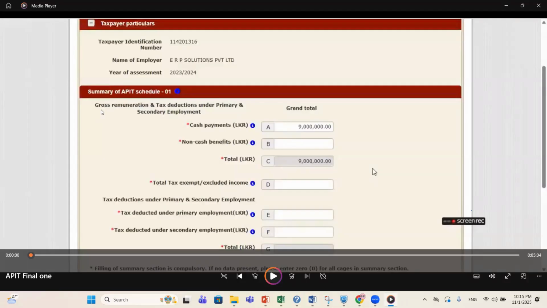If you are a preparer, logging in using the SSID for APIT preparer, you can submit this return to the approver. It doesn't mean that you have already submitted the return to the IRB. In order to submit the return to the IRB, the approver, the person having the SSID as APIT approver, has to open this return and submit it again. Once the return is submitted by the approver, then only it comes to the IRB.